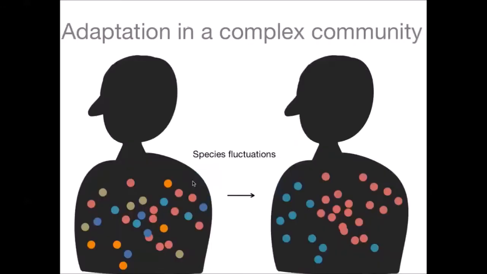But in the microbiome, we have a very complex community, and it's unclear whether this picture of rapid adaptation in a simple community translates to that of a complex community. Instead of seeing evolution, we might actually see species fluctuation, where you have this change in species compositions over time. Alternatively, in response to a selective pressure, you might see invasions, where a better fit strain enters from the outside environment. Or you might actually have evolution, where you have a genetic change that then propagates through its subpopulation.